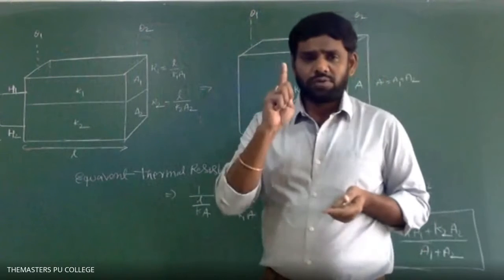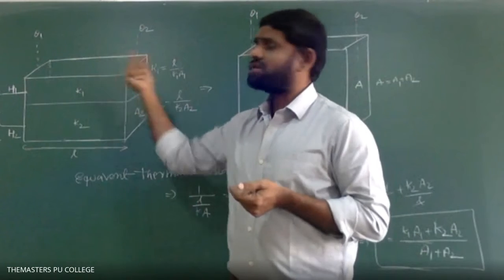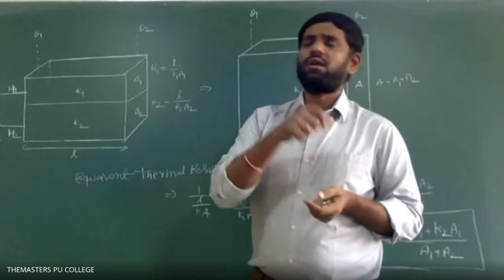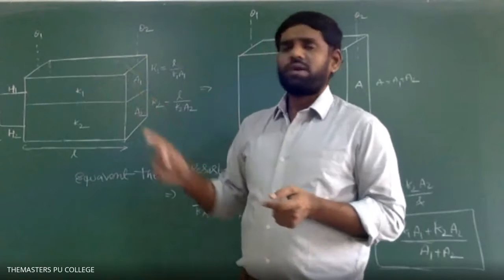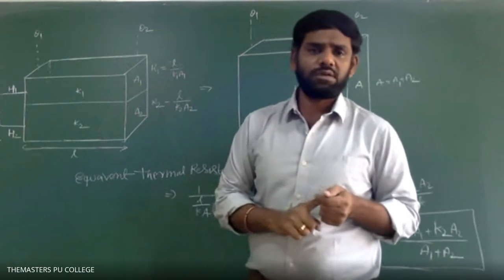There is only one way for the heat to flow out. That's why the rate of heat through the first rod must be the same as through the second rod, the same as through the third rod, and so on. The temperature difference across the first rod must be different, and the temperature difference across the second rod must be different.